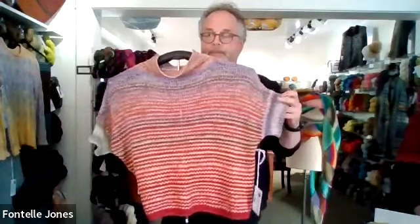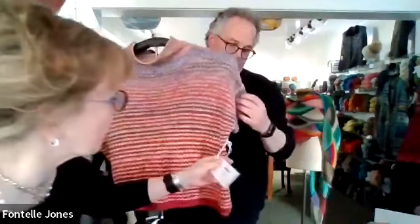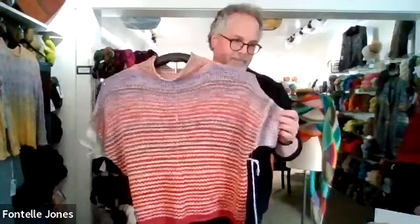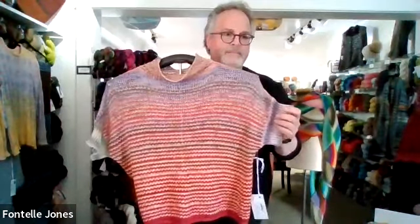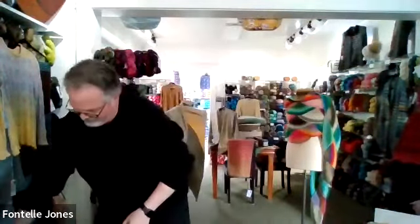So this one's 100% cotton. And for a small, it takes 2 balls. And for a medium and a large, I think it takes 3 balls. I mean, so it's $40, $60 retail to make this little top. Right. It's darling. It's a great price. And keeping up with that yarn,